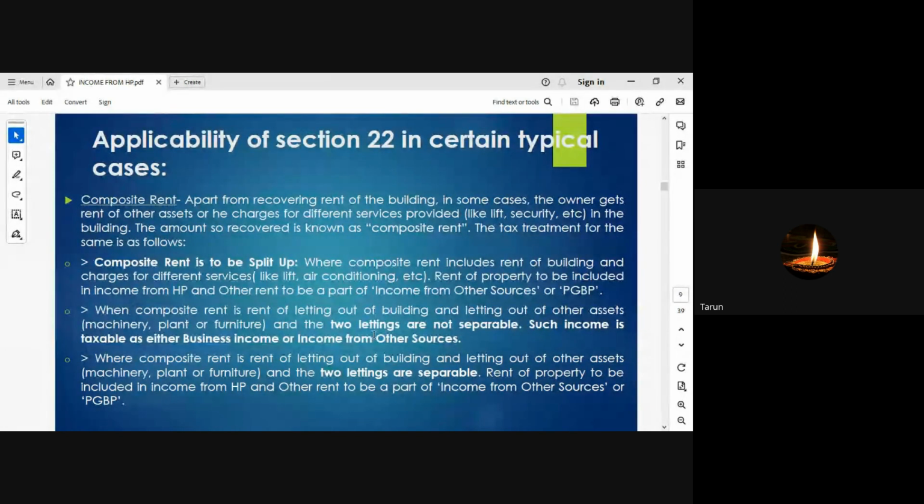The rent of property is to be included in income from house property, and other rent of such buildings is included under the income from other sources, or profit from business and or profession. So when the composite rent is rent for letting out of building and letting out of other assets like machinery, plant and furniture, and such lettings are not separable, such income is taxable under the income from business or profession,